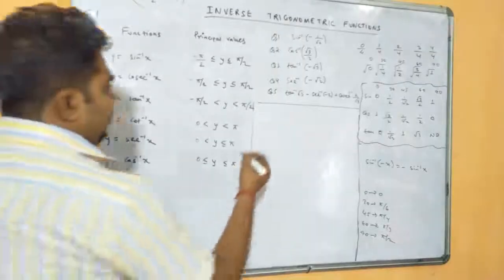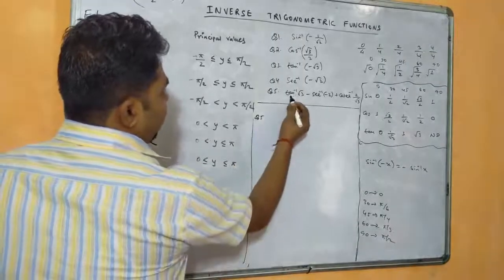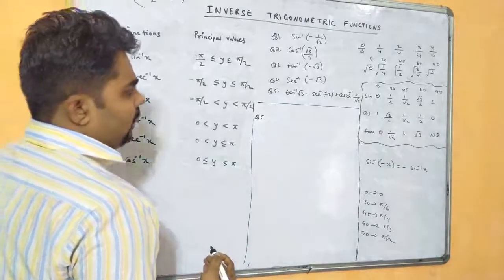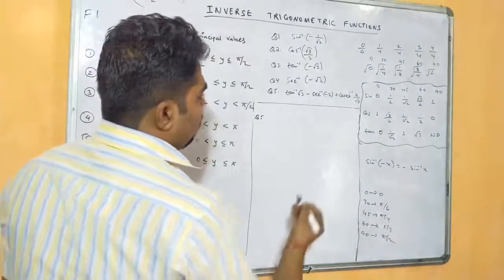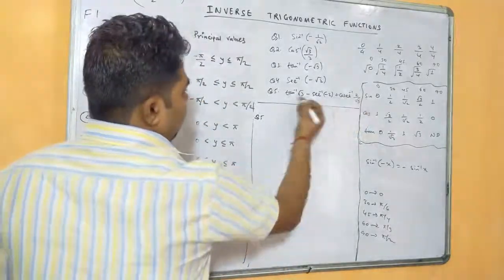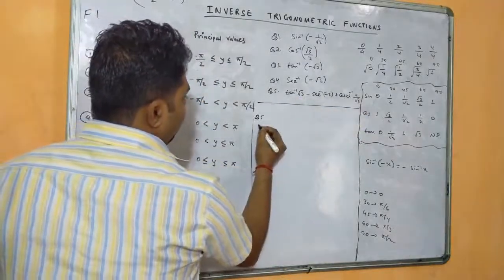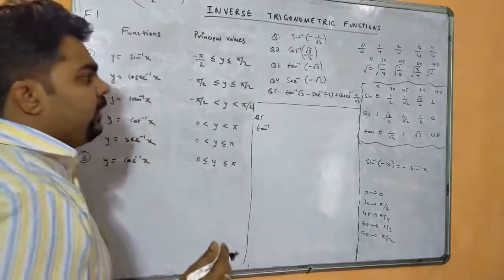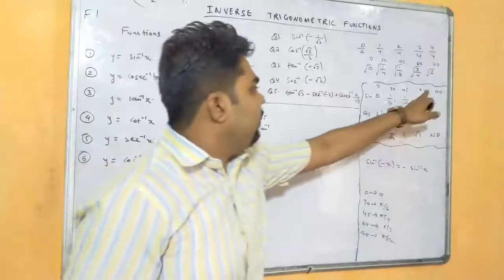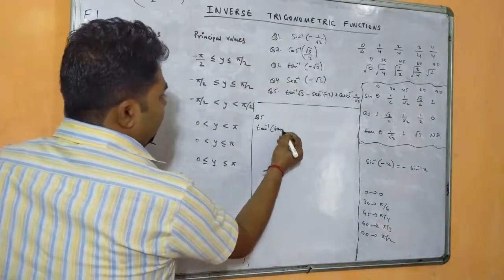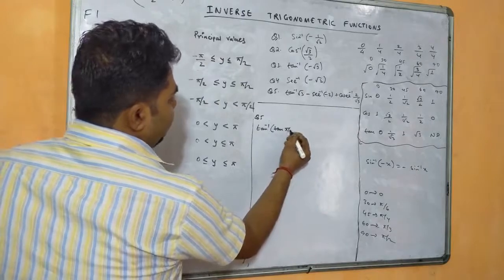So question number 5: tan inverse root 3 minus sec inverse minus 2 plus cosec inverse 2 by root 3. So these values we can write here. Tan inverse root 3 can be written as, we will just see, when it is root 3, that is tan 60. So in place of root 3 directly we will be writing here tan pi by 3, that is tan 60,